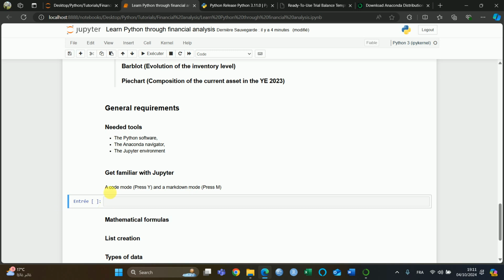Here I'm in the code mode, and if I press M, I will move to the Markdown mode and inversely to the code mode. So first we'll start talking about some tips in the Markdown mode, which are the ways of writing,